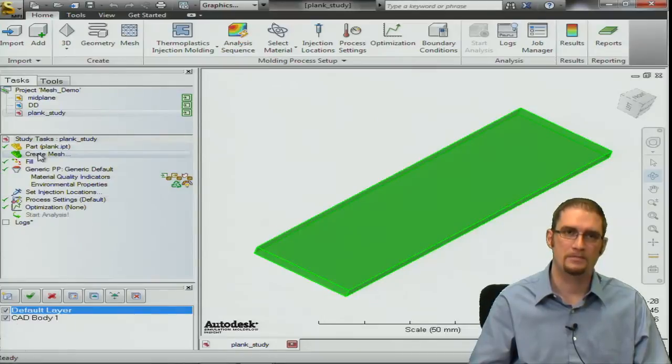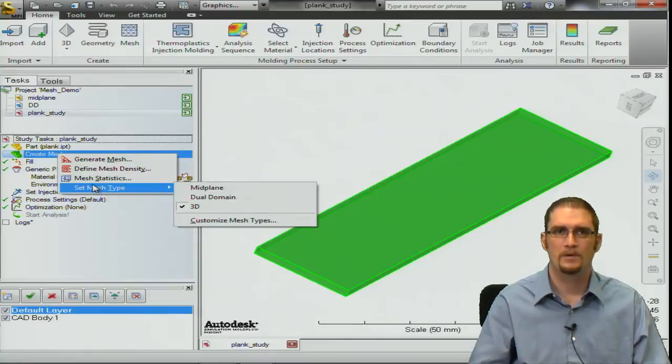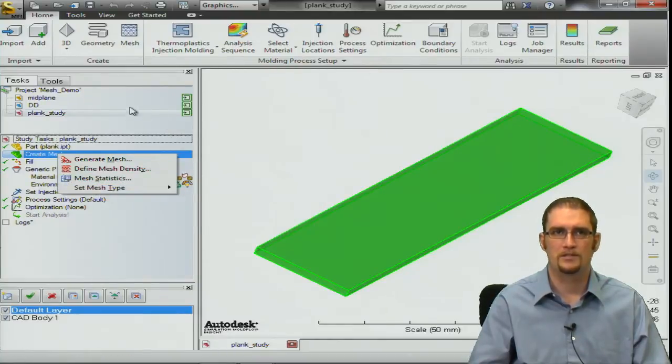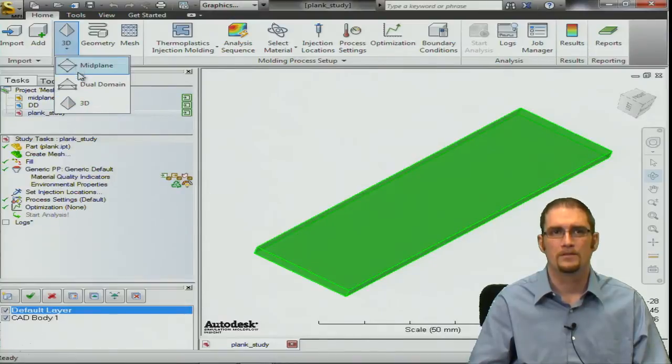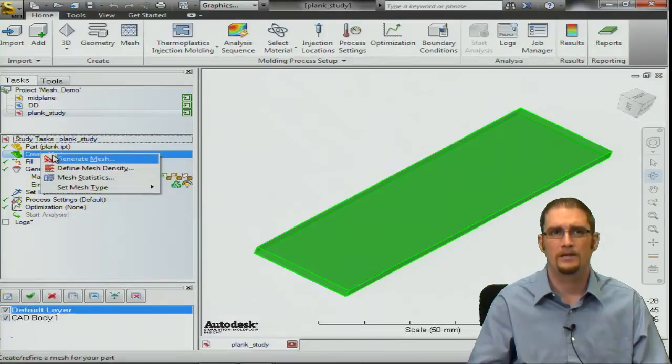All right. So we have our simple geometry. We have our mesh type set here. And again, like I said, if you pick the wrong mesh type, you can always change it by right-clicking here and choosing set mesh type. Another option would be to go up here and change your mesh type here as well. So when doing a 3D mesh, we basically import our part and then we can right-click,